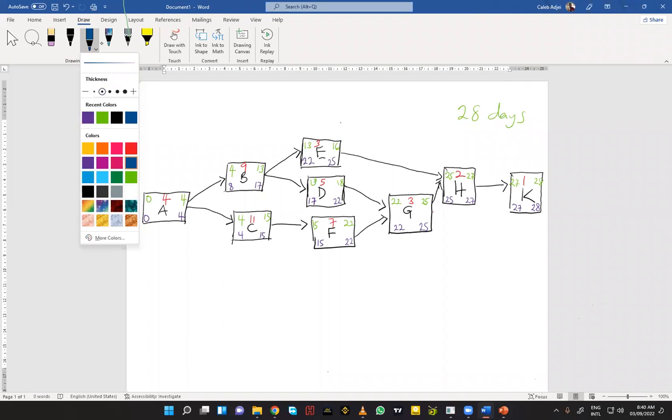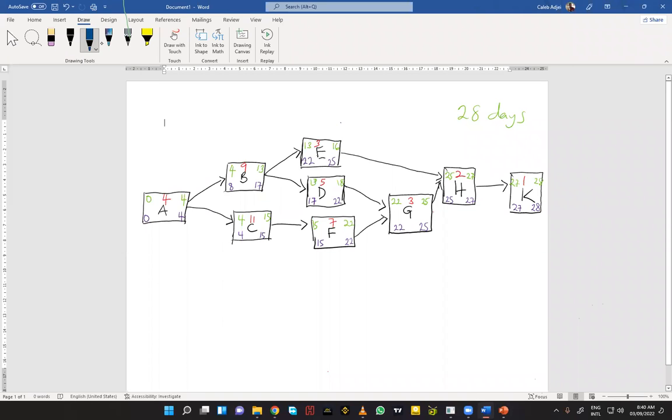So let's calculate the float to find our critical path. Float for activity A is 0. Float for activity B is 4. Float here is equal to 0. Float here, there's not enough space here, so I'm just putting it up here. Okay, so float here,